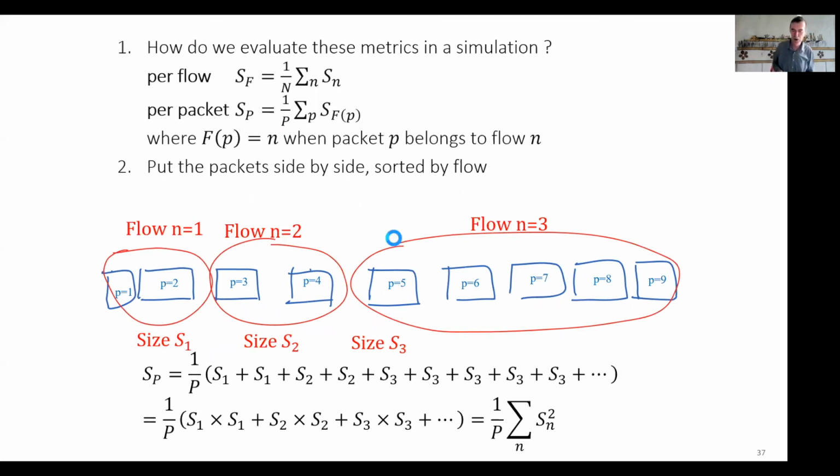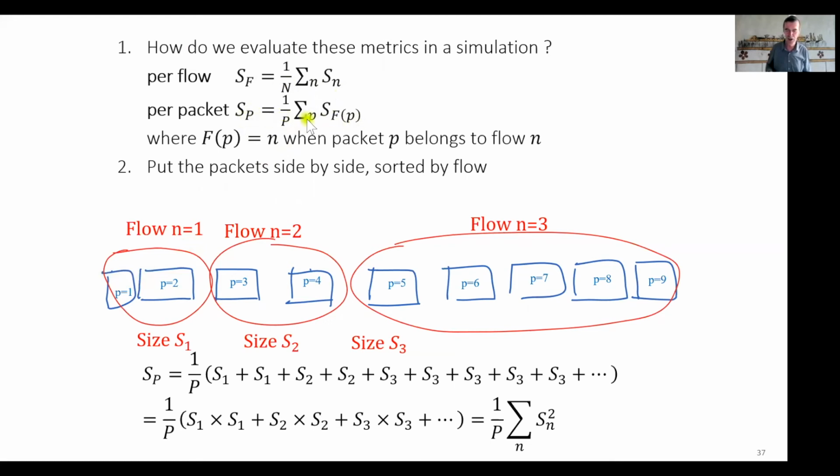Now, in order to reconcile those throughputs, I do a thought experiment where I put side by side all the packets that are in the same flow. I stress that this is not necessarily how things were measured. Probably this is not the case for the type of flows in the example I gave a minute ago, because those are flows measured on an internet router. But here, as a thought experiment, I put all packets of flow 1 side by side, and I re-evaluate those quantities. So I write S_P.